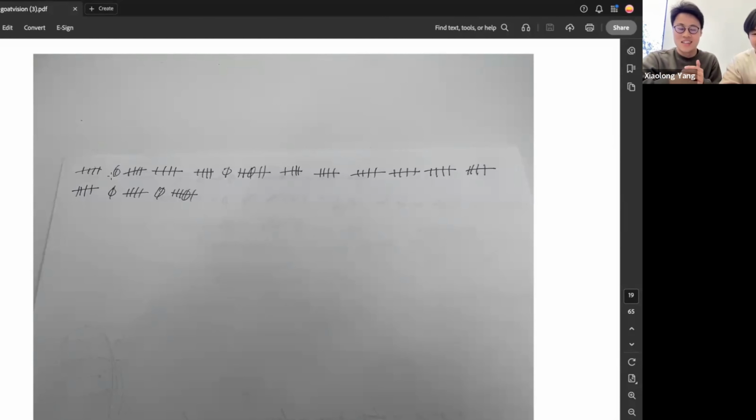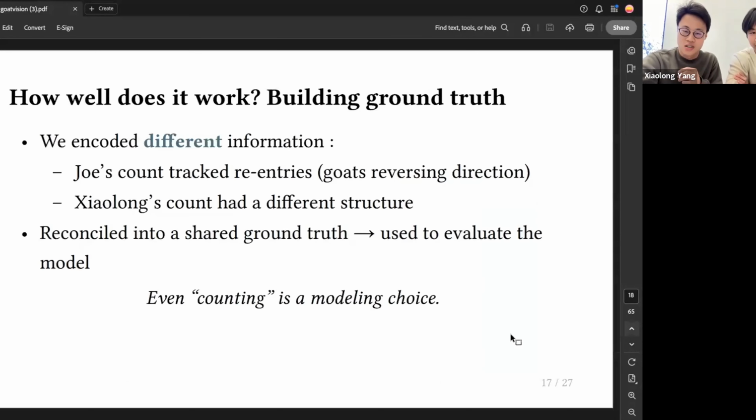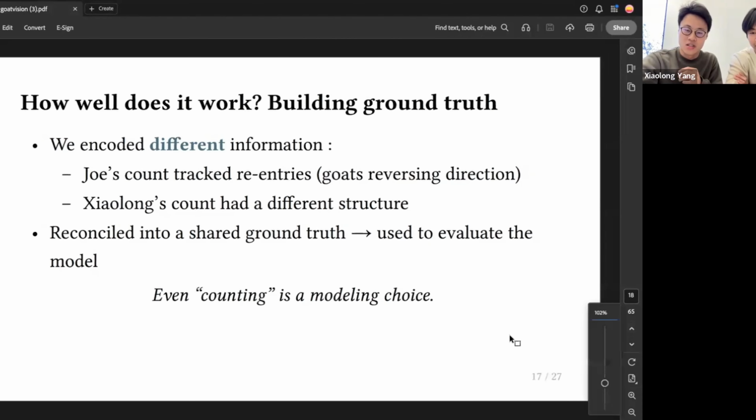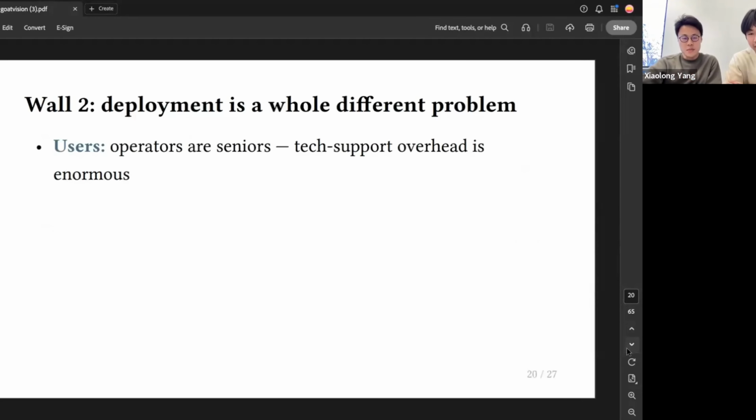And at the end of the day, when we try to come up with a ground truth and later a model that can track and identify the goats correctly, we can triage those ways of counting goats differently and use them in our favor to build a more comprehensive model. So a bit of awareness in how you understand and approach even the evaluation of the models could in turn help you refine the model even more. Okay, so then we had that issue solved. We could get the model to a decent amount of accuracy.